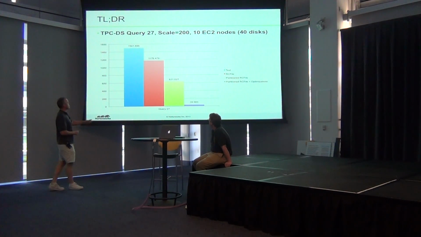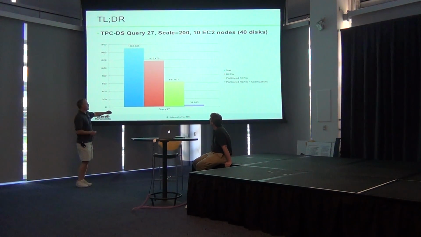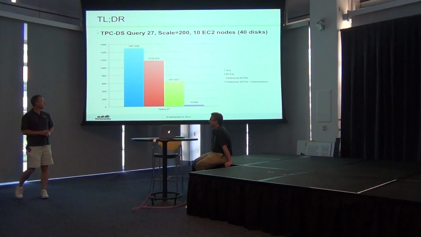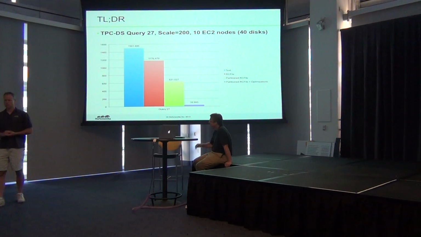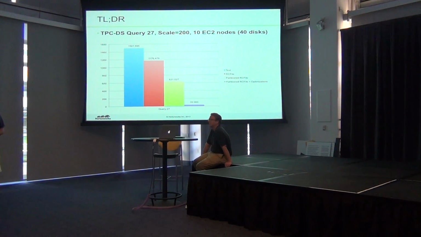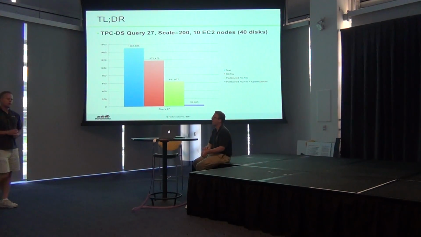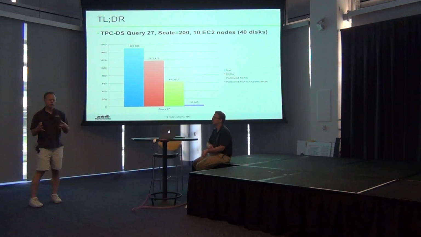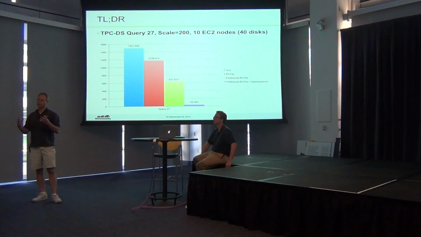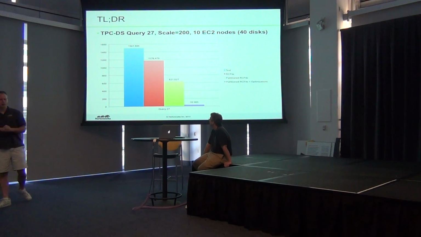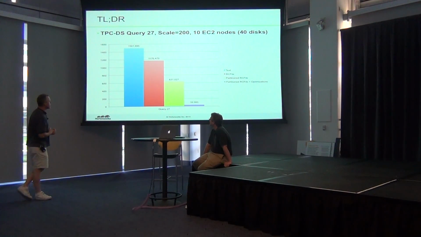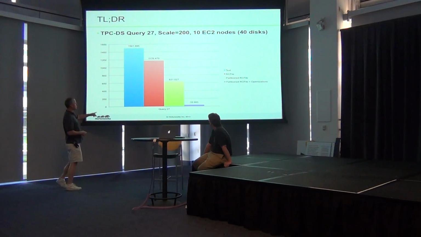So on the far left here we have Hive 0.10. This far left blue column is Hive 0.10 with the data stored as text. Let me talk a little bit about the data we use. This is from the TPC-DS benchmark. That's a decision support benchmark put out by the TPC guys. And query 27 is a very classic analytics type query. It's a star join with four dimension tables and one fact table, followed by group by and order by, where group by and order by are on the same key. Okay? Very simple query.